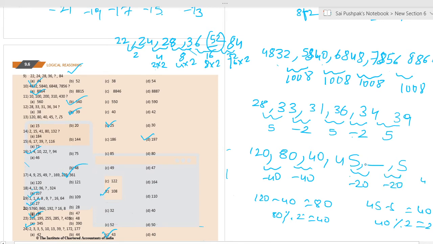Okay, so 45 minus 20 is 25. 25 minus 20 is 5. Okay, actually this is not a method to solve it. Just because they have given this method, I've shown you. Here, after substituting 25, I got to know that there is a difference of 20 here every time. Okay, that's how I got it.